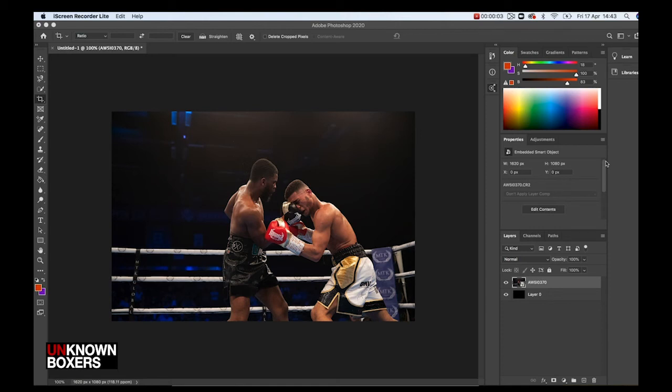Okay, today we're gonna edit and color correct this boxing shot. I took it at the MTK Global Brentwood show. The two boxers are Shaq Day in the black shorts and Casey Benjamin in the white, gold, and black shorts. The first thing I like to do when I'm